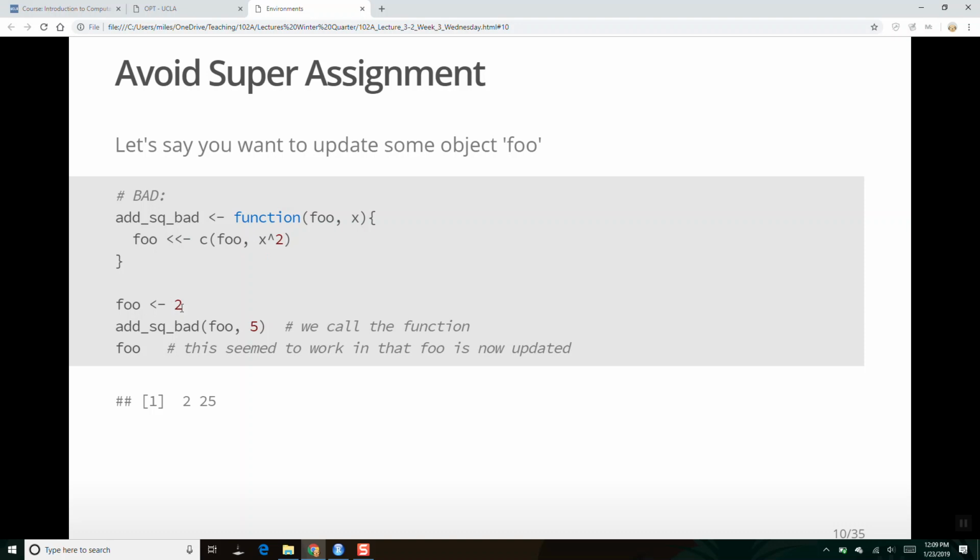So here I'm going to say foo is 2, and then we run the function add square bad version, and we're going to take foo, which is currently 2. We pass it the argument 5, and so that's going to take 5 squared, 25, and it tacks it onto foo. And when we ask what is the value of foo, it says 2 and 25. Okay, and that seems like it works. This seems to be doing what we want it to do. Okay, but